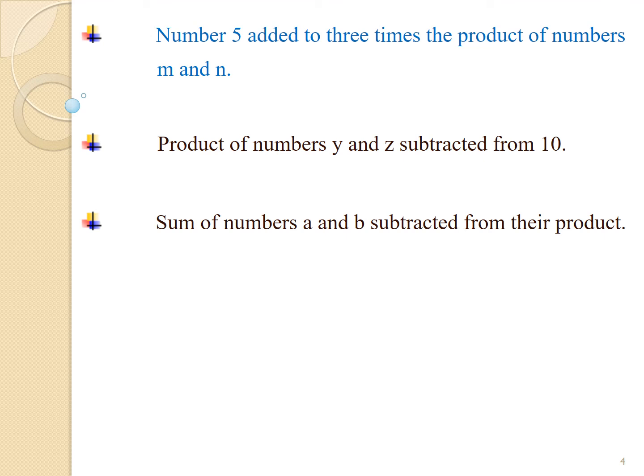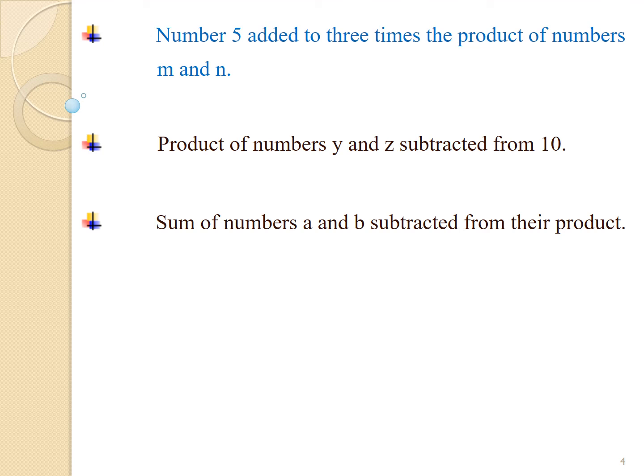Then we have to add 5 to the product of numbers m and n we obtained. Students, note that it is given to us that 5 is added to 3 times the product of numbers m and n. So, we have to multiply